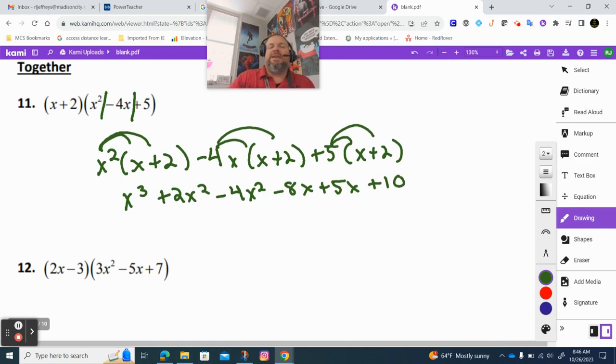Now, if we break up this one, which is actually called a trinomial, if we break this one up,